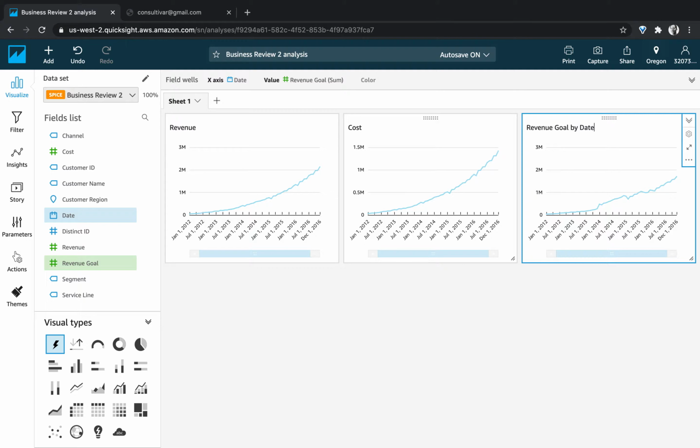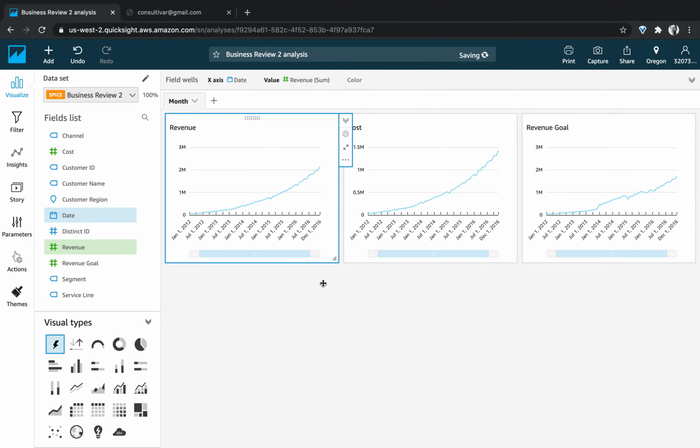I like to start off my dashboards with the sheet that people use the most. In this case, the data is on a monthly basis, so month is usually the best tab to look at. And then I'm going to create quarter and year after this. Okay, so